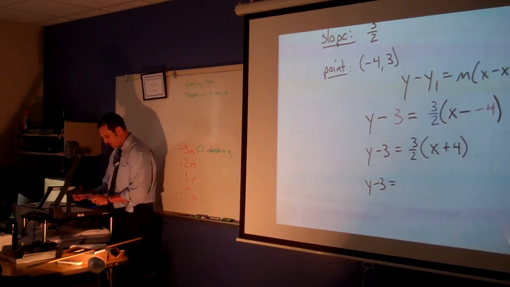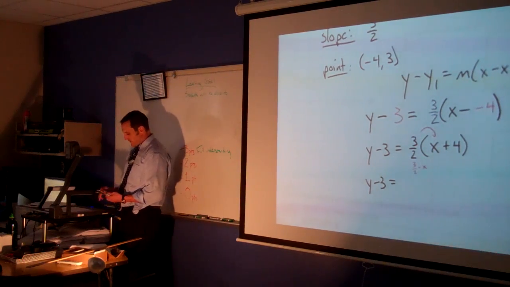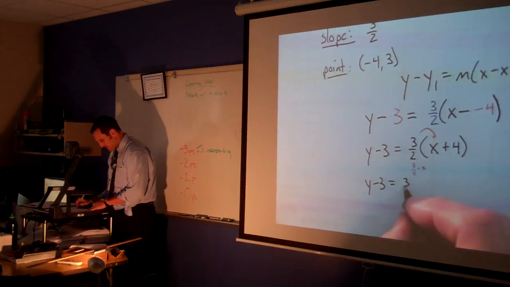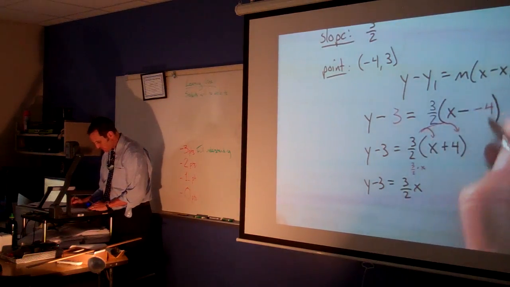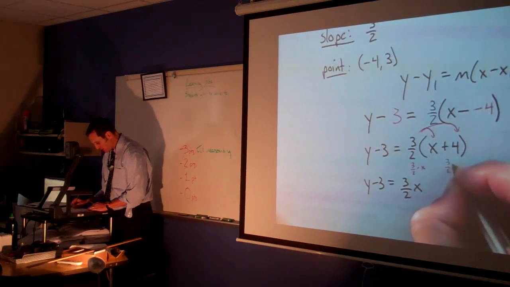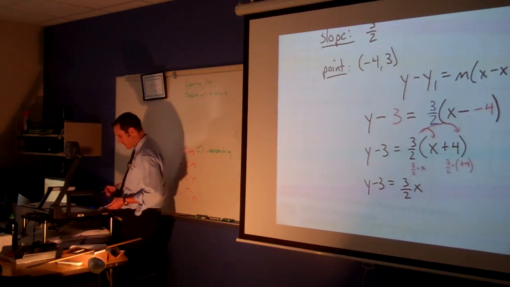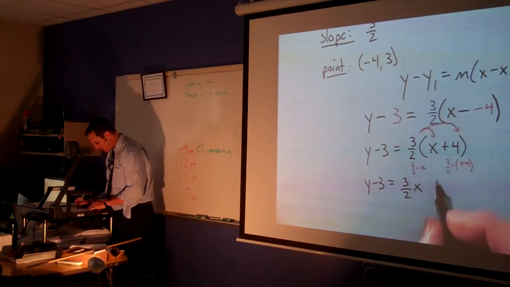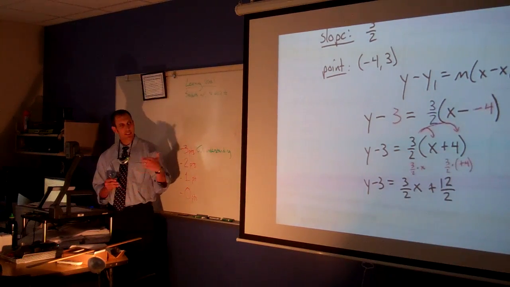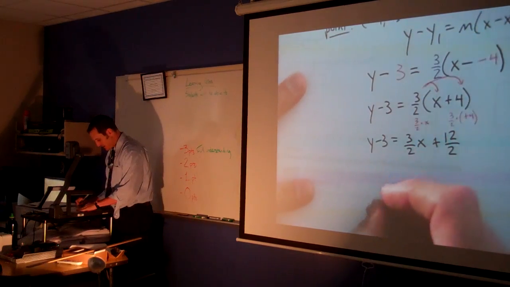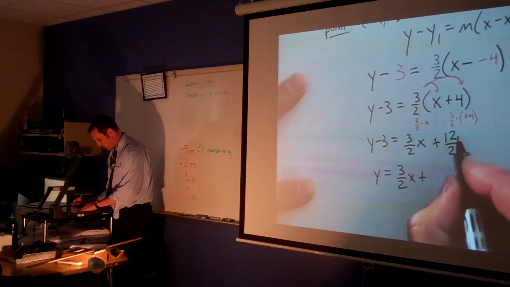y minus 3 is equal to 3 halves times x. 3 halves times x is 3 halves x. And now we have 3 halves times 4. So 3 over 2 times a positive 4 is a positive 12 over 2. And so we can clean this up. And we continue cleaning. So we have y minus 3 is equal to 3 over 2 x plus 12 divided by